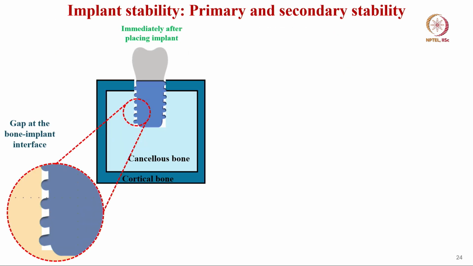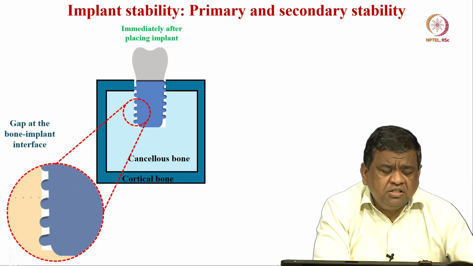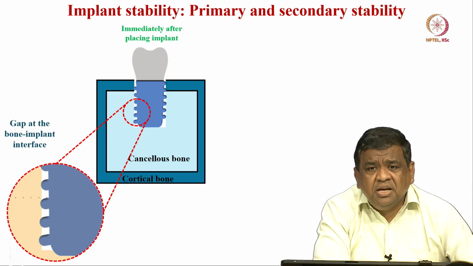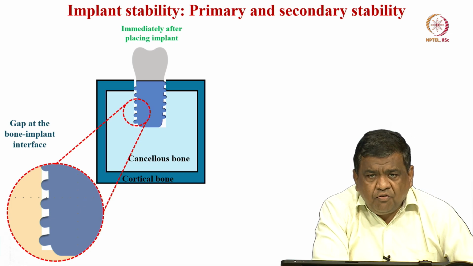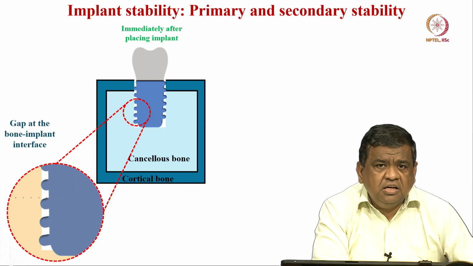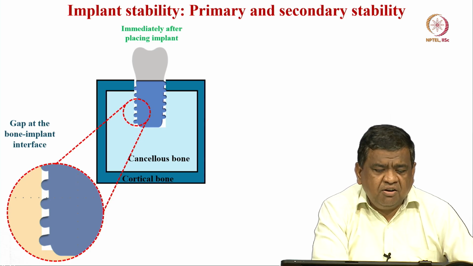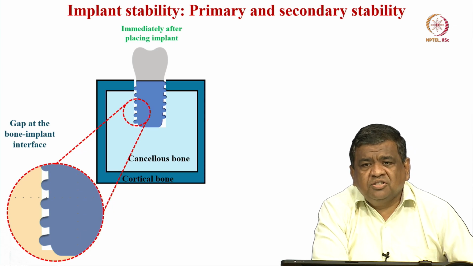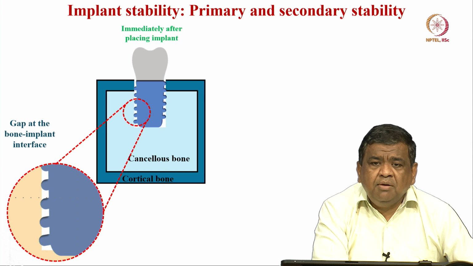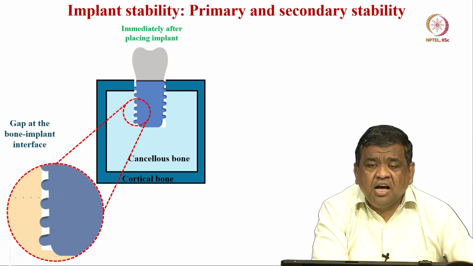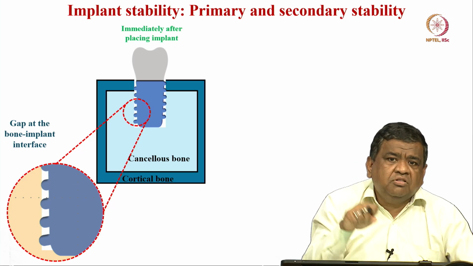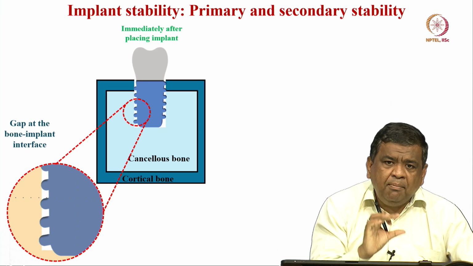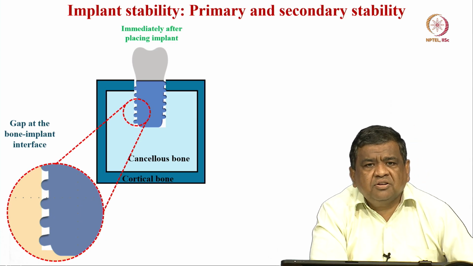So, as I said, when you design this external thread, one of the major things that one has to carefully consider is the primary and secondary stability of the implants. Primary stability essentially means what the implant stability quotient is immediately after the implantation, and this is typically measured by RFA, radio frequency analyzer, or the final torque that you essentially need to firmly place the implant at the implantation site.